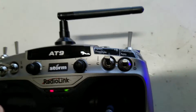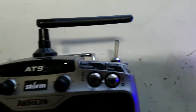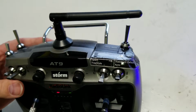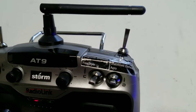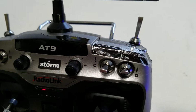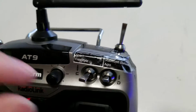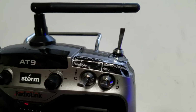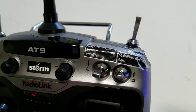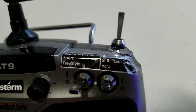And then these switches up here, these two on the right. Let's see if I can get them in there. Alright, these two switches switch between your 6 different modes of flight. You're going to want to have these both up whenever you first get it and you first start wanting to fly. This one up is in stabilize mode,